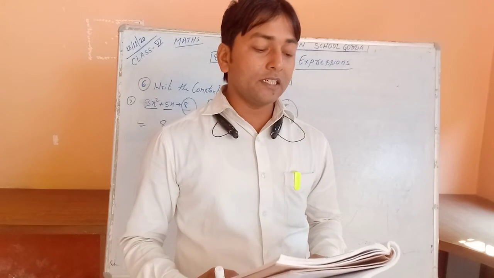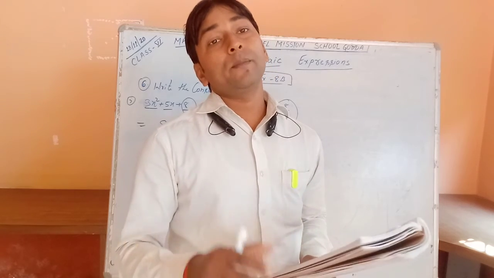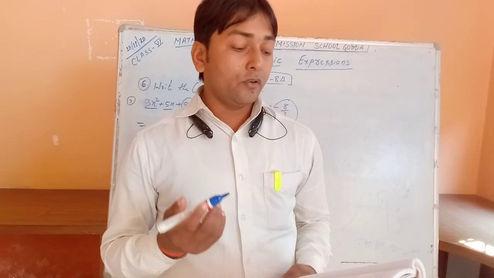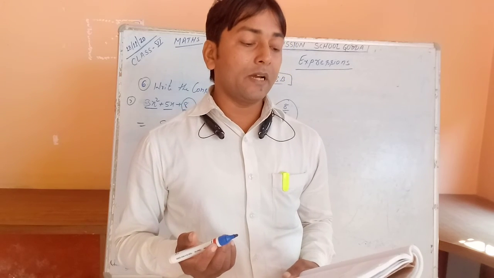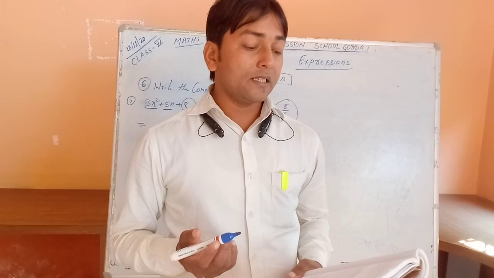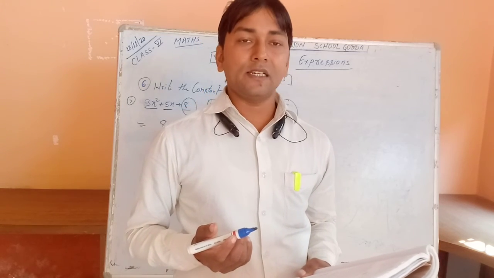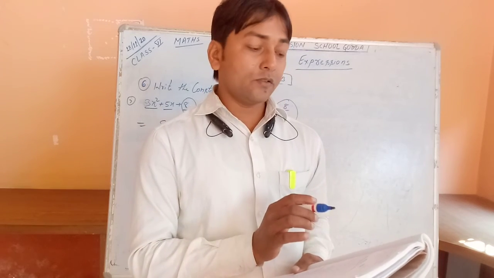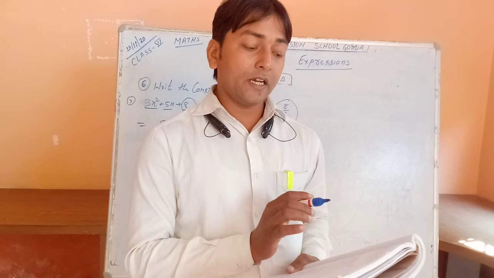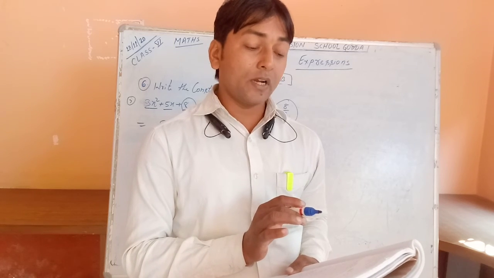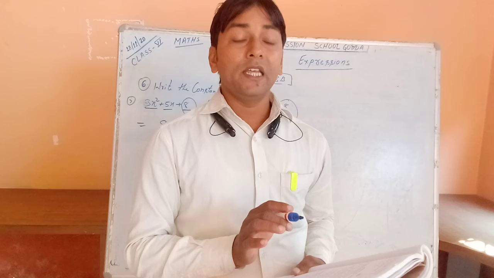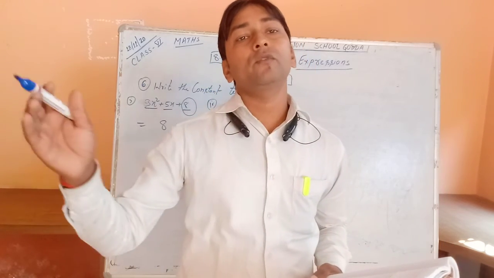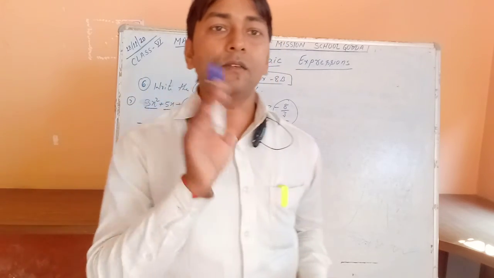8 number, write all the terms of the algebraic expression. You have to write down all the terms. In the first one, given 4x to the power 5 minus 6y to the power 4 plus 7x squared y minus 9, you have to write down separately. So all the terms: first is 4x to the power 5, comma, minus 6y to the power 4, plus 7x square y and minus 9. 4 terms you have to write down separately with symbols also.